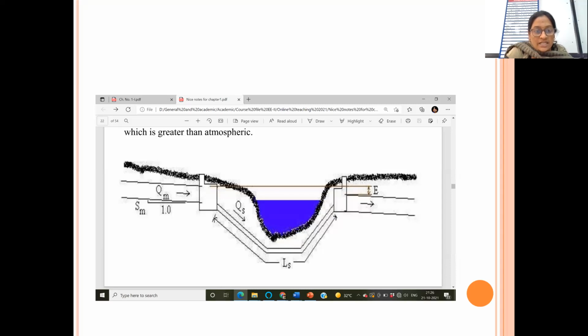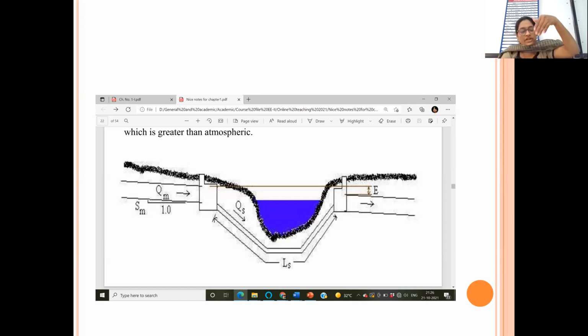Now you can see this figure once again. This is the ground level. At the inlet side, where the water is coming from, the direction is shown in this manner. The sewage is coming, but here is the obstacle and we want to transport that sewage. Many times such a situation doesn't come, but sometimes it does. In that case, you need to provide such a provision, a solution. It may not be a river, but definitely there are railways and highways, so in that case also we need to go this way only.